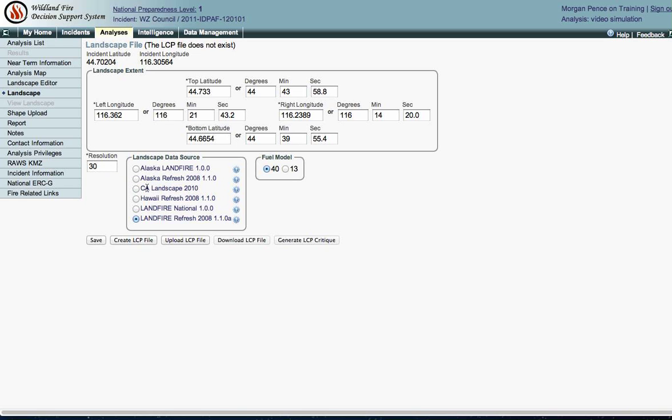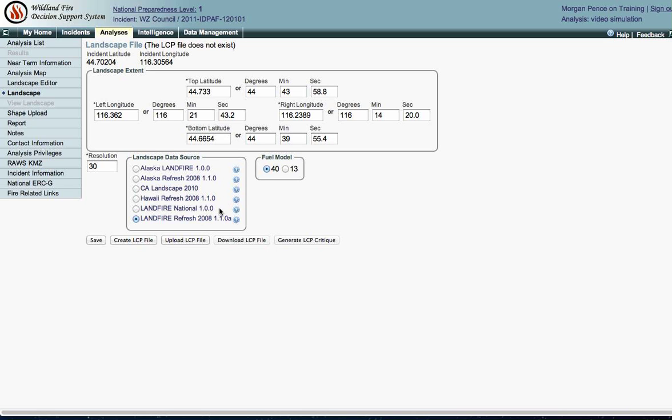Users must also select which data source to use. As a general rule, unless you have a specific reason to utilize an older data set, you should use the newest available, as it will contain more up-to-date information on fire scars and other disturbances and include current calibration efforts. For more information on the differences in the Landfire datasets, visit the Landfire website at